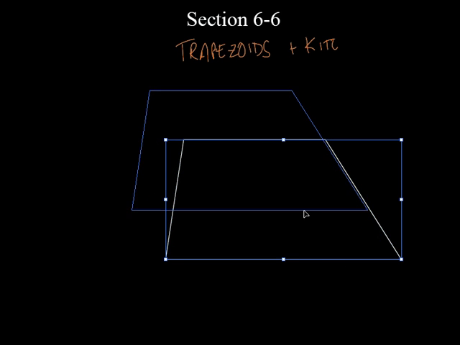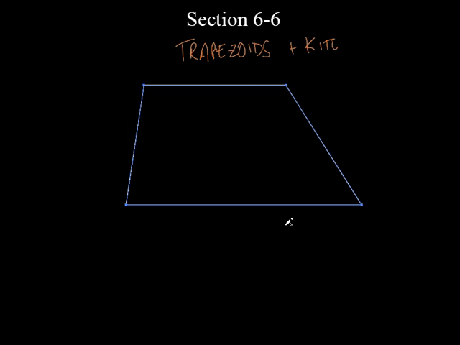Now, we did start talking about this a little bit yesterday. So, what did we say about a trapezoid? We said that it has exactly one pair of parallel sides. Exactly. Which means it doesn't have any more than that, right? If it had two pairs of parallel sides, it wouldn't be a trapezoid. What would it be? It'd be a parallelogram, right? This is a trapezoid which has exactly one pair of parallel sides, which means what has